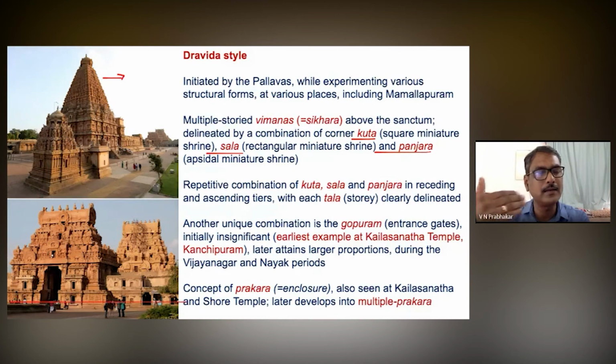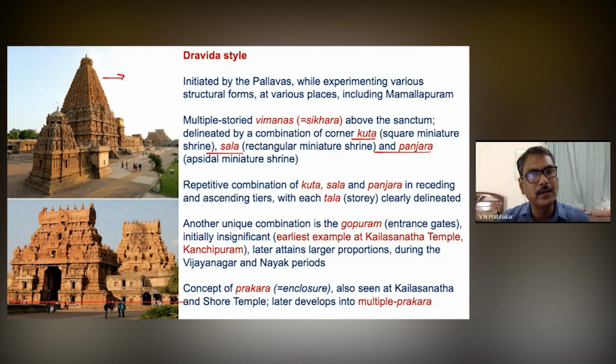This is the entrance gateway to any temple complex, and that defines the main entrance to the temple. So these Gopurams were plain and simple. Again, in the case of the Pallavas, we have a rudimentary Gopuram at the Shore Temple, Mahabalipuram, and also a single-storied Gopuram at Kailasanatha temple at Kanchipuram. But slowly the Cholas are taking over. They are constructing multiple-storied ones here.